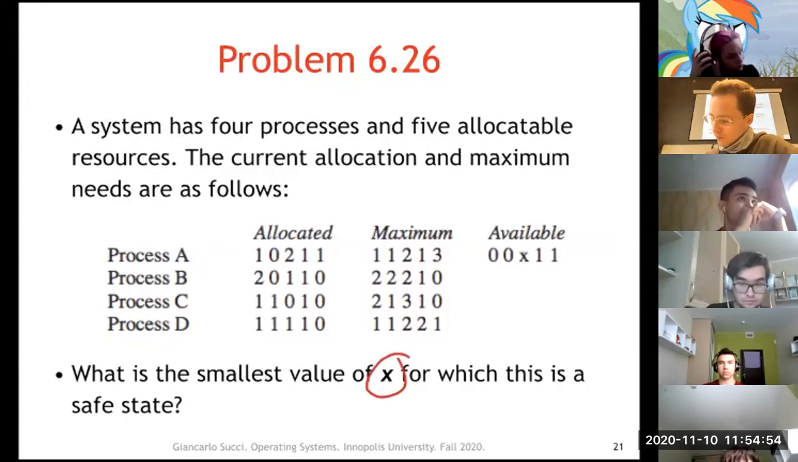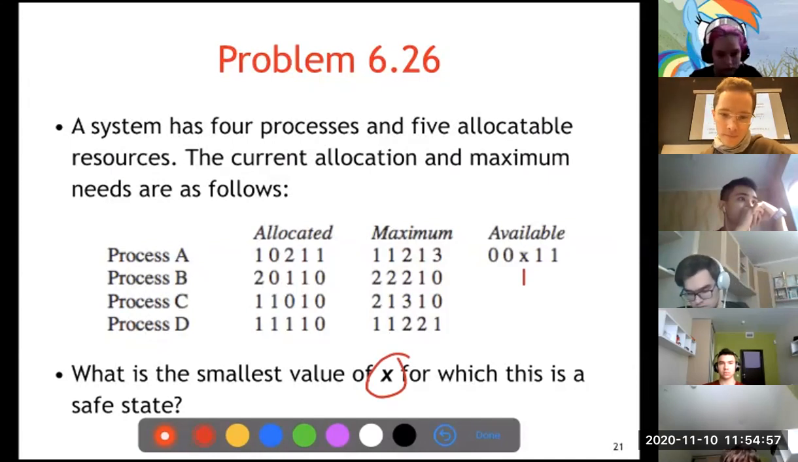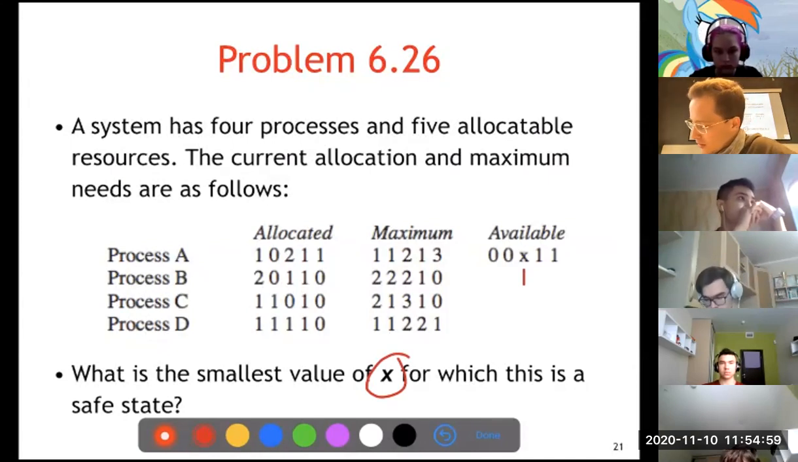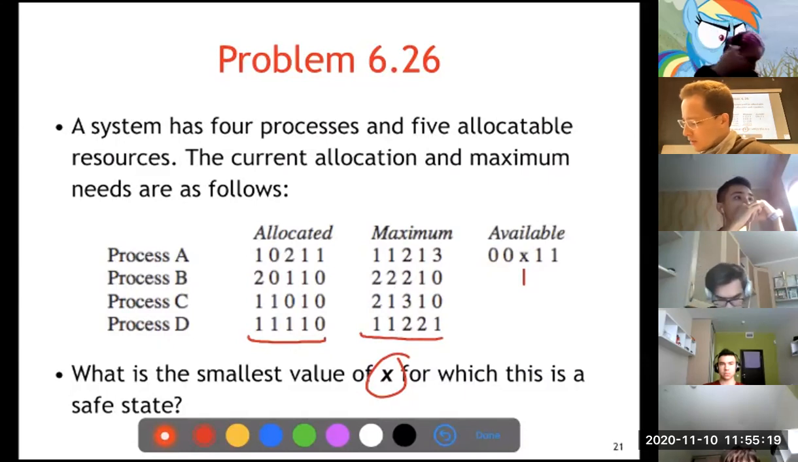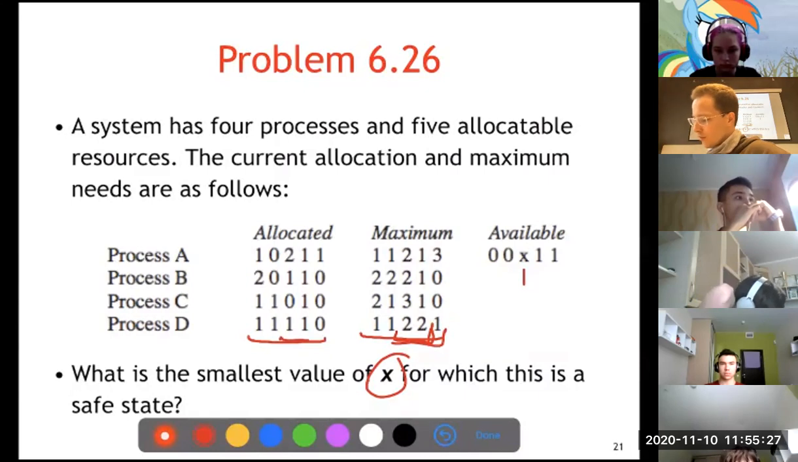If this is 1, then what? Then we can run process D. This one? Yeah, so it's required. This is the maximum. Can we? Process D. So the maximum is we need 2 here, and 1 here. So yes, 1, 1, 1. And we already have this one, so we finish with D. Then we give it back: 1, 1, 2, 2,